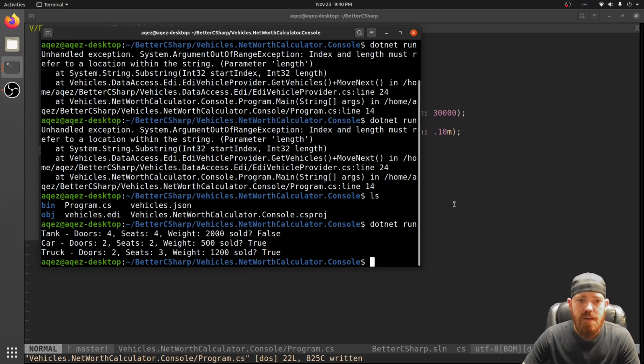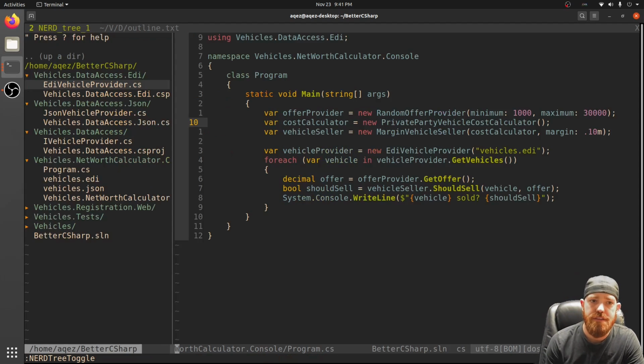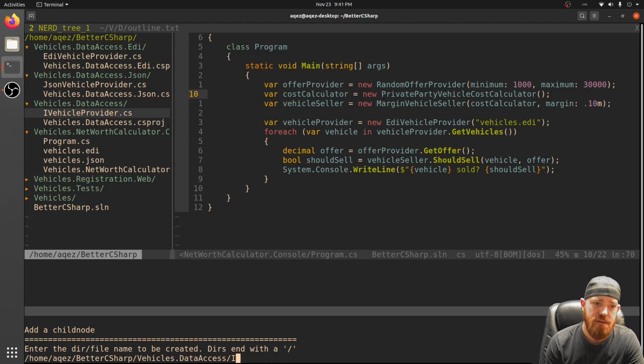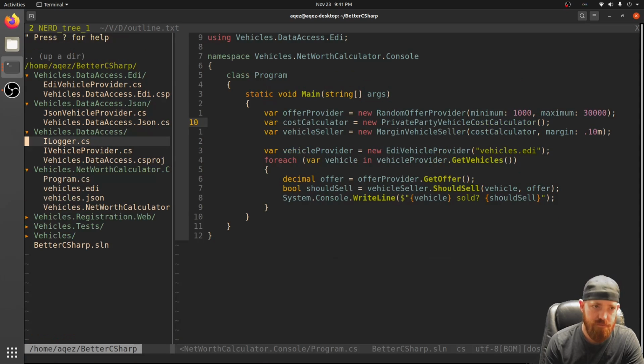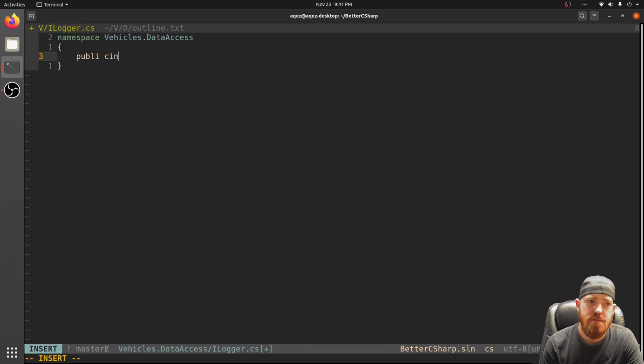All right, cool. So that's a way you can invert your dependencies at a library level from the high level code. But there's also doing it from the low level code. And we looked at this a little bit last time, but let's say that we wanted to have in our data access layer an ILogger interface, right? And so we might have something like, so this is Vehicles.DataAccess. We might want something like public interface